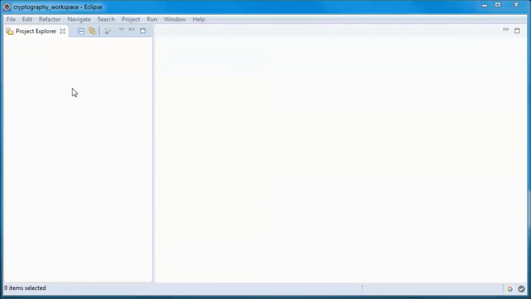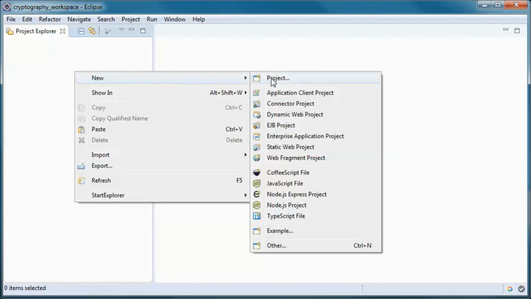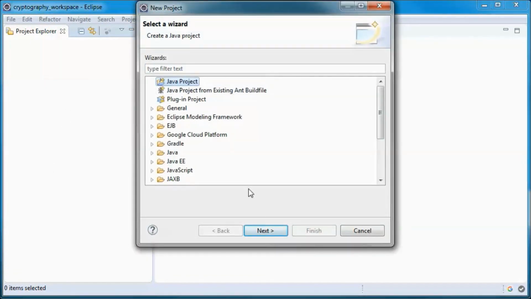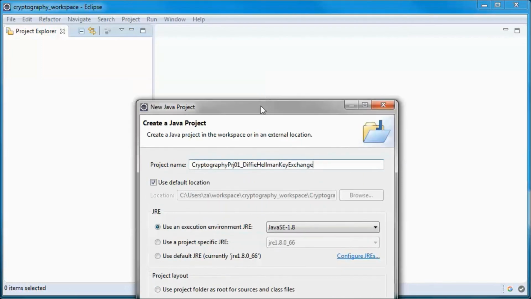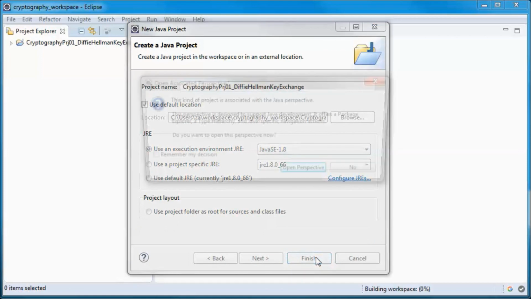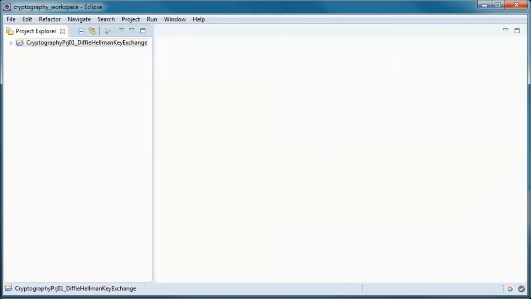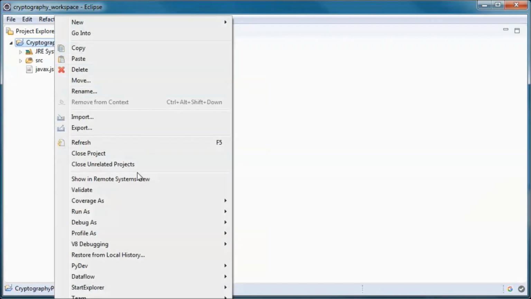I will start by creating a new project. And I downloaded this package that we will need for doing JSON.